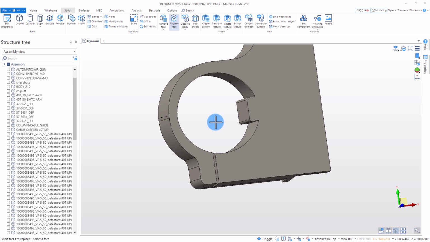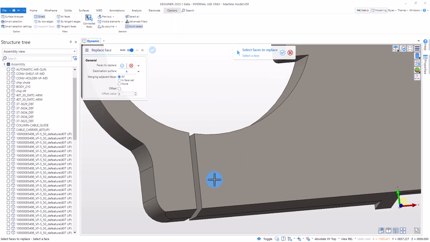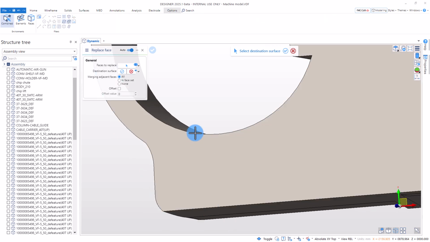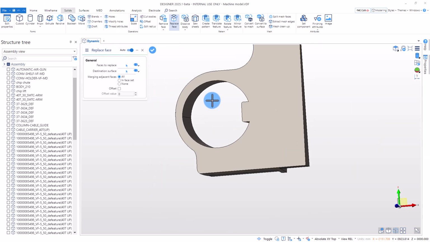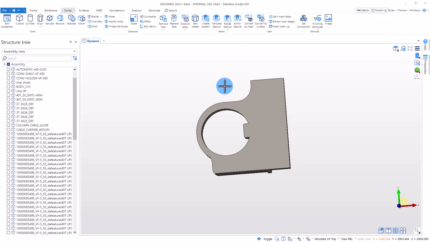And you could also use the replace face to make it even more simplified. So replace this face with this face to remove this gap, just as shown here. So you have managed to reduce that part as well. So if we show all again and go back to our part,